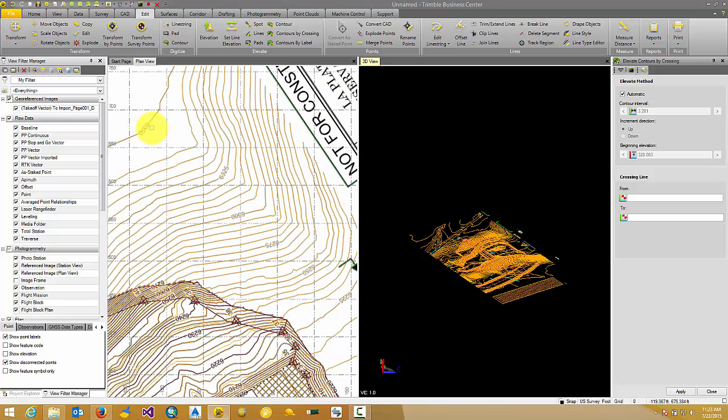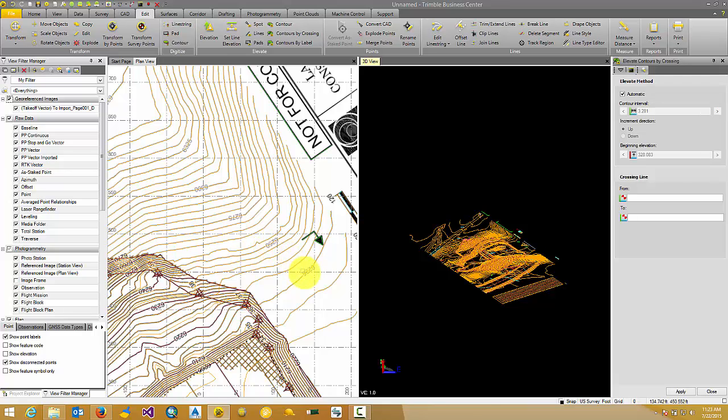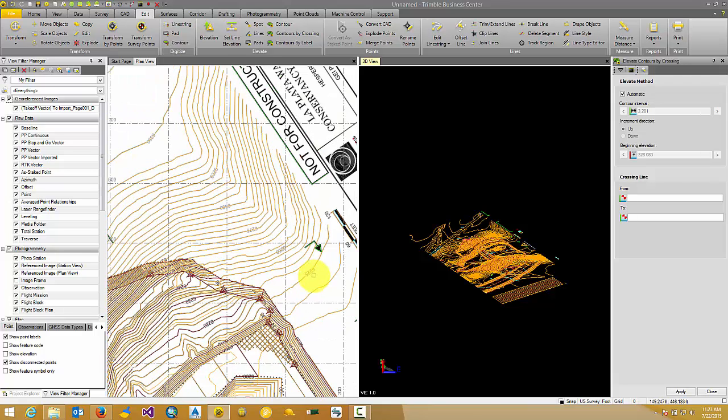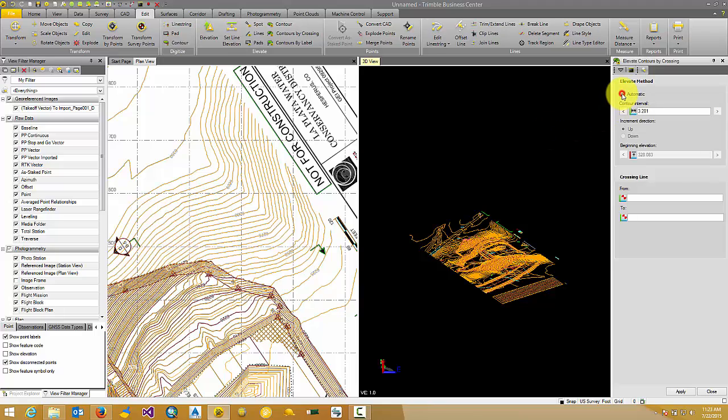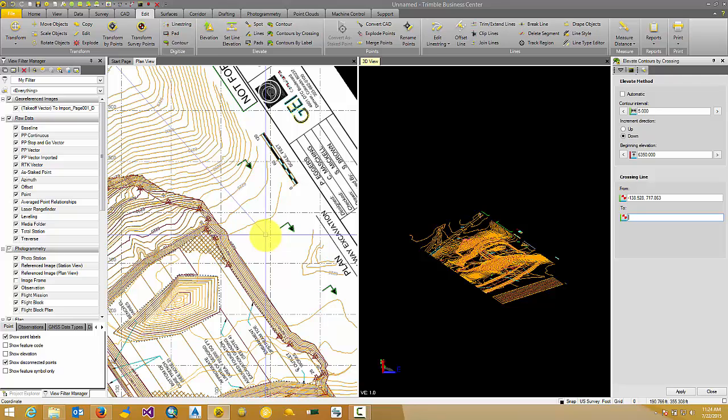So here I can see that the contours are going from 6350, they're going downwards all the way to 6250 and 6225. So in this case, the contour interval is 5, and the contours are going down. The beginning elevation is going to be 6350. So I'm going to say from here to all the way till here,